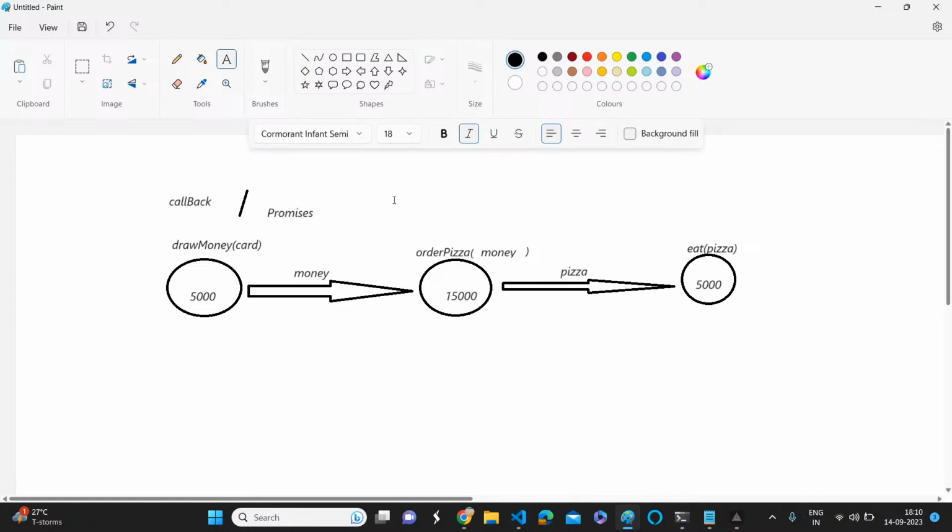Okay, same thing. We can implement it with the help of async and await. Async and await is the most useful one compared to callbacks. Of course, using a promise is not a bad thing, but syntax-wise, it is really tough for us. So async and await provides a very simple way to handle this promise chain.